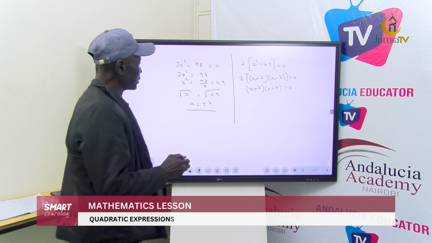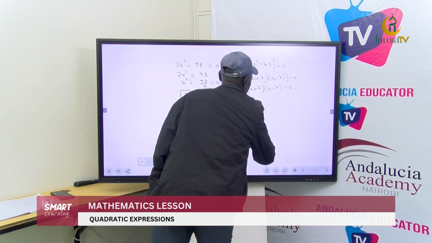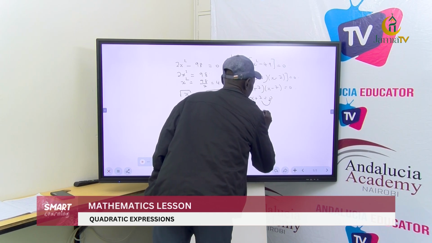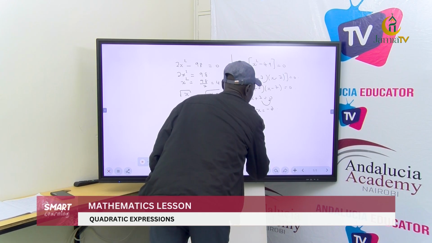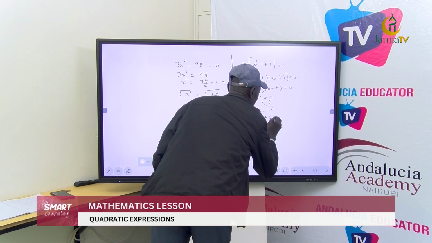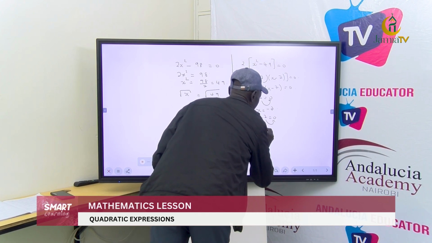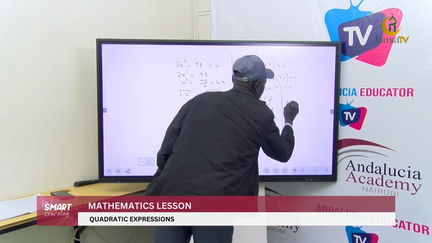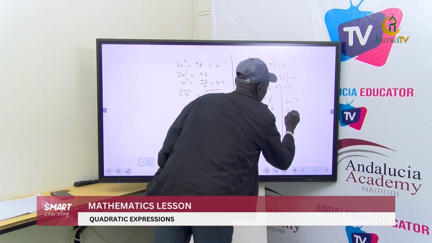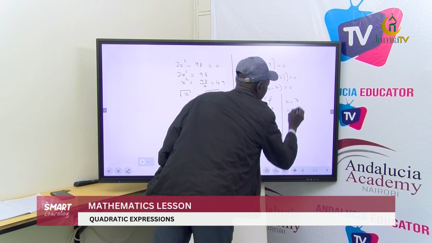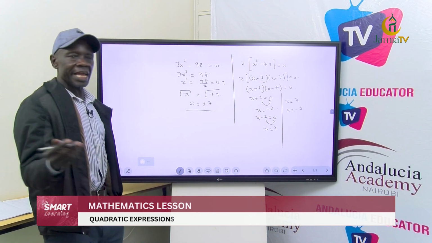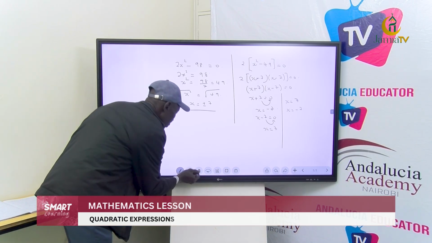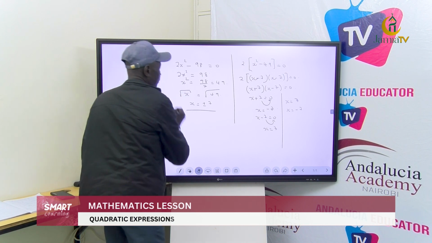So what I'll do is I'll equate x plus 7 equals to 0. Take this one there. x will be negative 7. And then x minus 7 equals to 0. Take this one there. x equals to 7. So my answers are x equals to 7 and x equals to negative 7. Now, why did I bring this? There are cases where students are told to solve